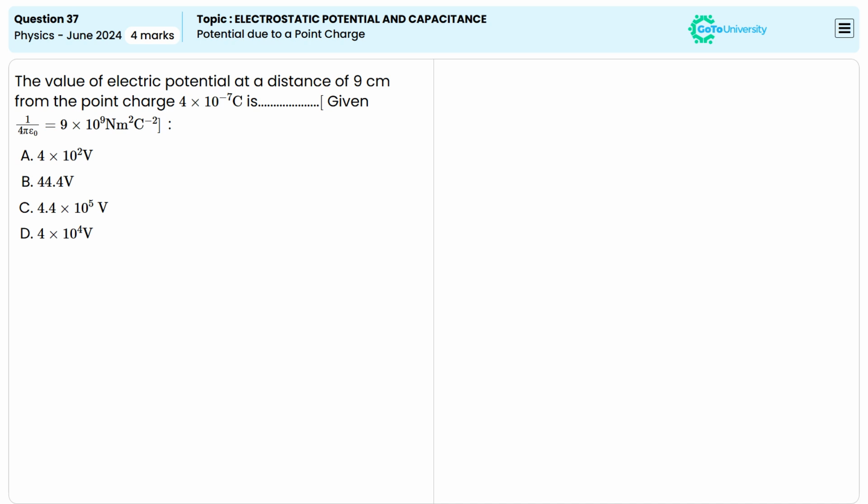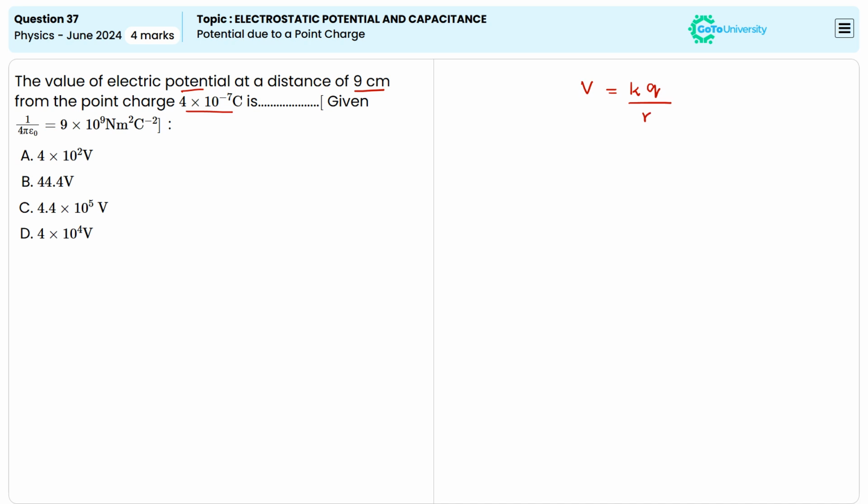What is the value of electric potential at a distance of 9 centimeters from the point charge 4 times 10 to the power negative 7 coulomb? It's known that the value of electric potential of a point charge can be calculated using a formula kq divided